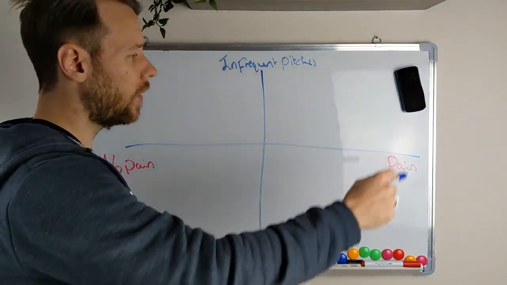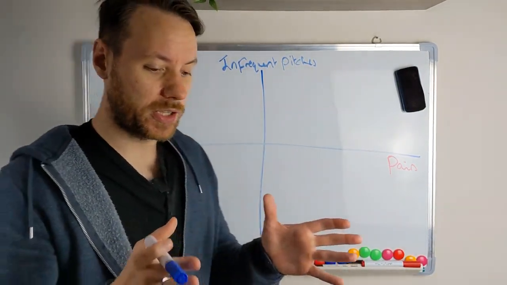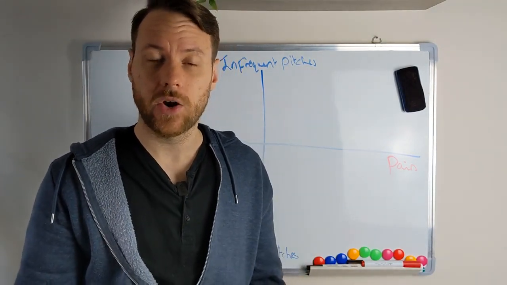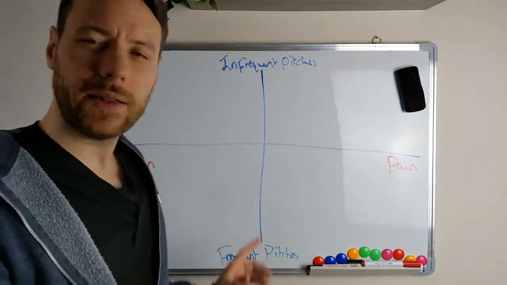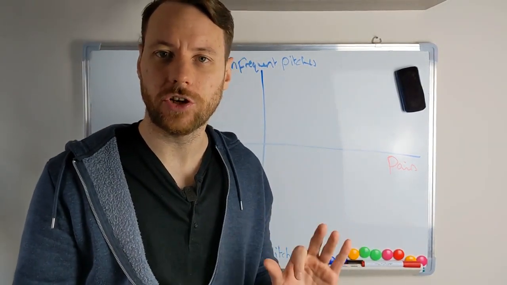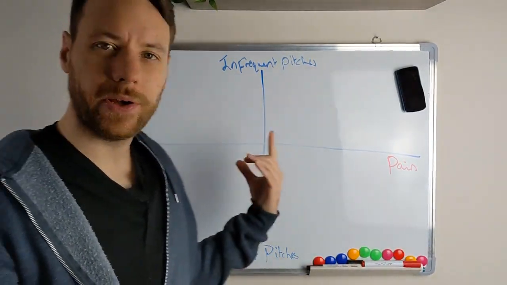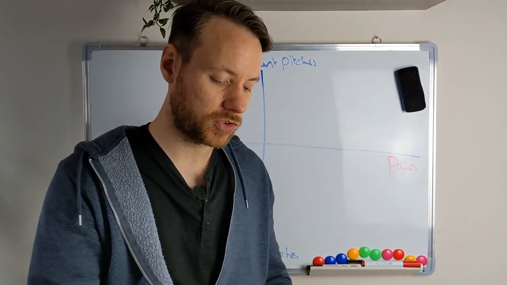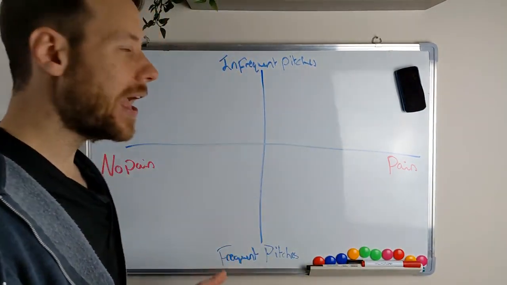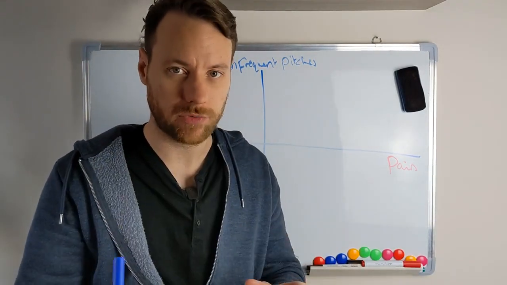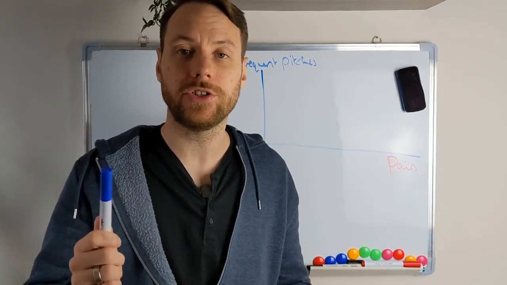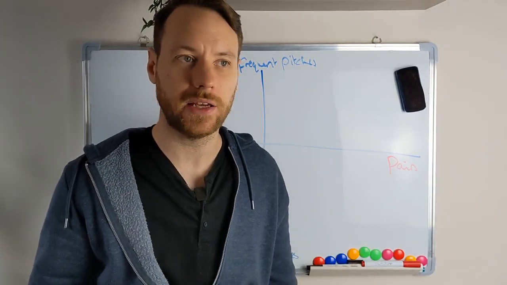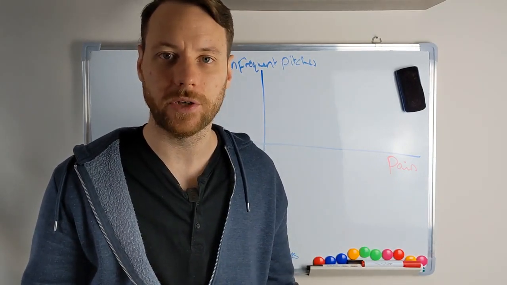So basically, when we are going to speak to our ideal clients on LinkedIn, we should be thinking to ourselves, where do they fall on this chart? Has this person been pitched a lot? For my industry, where I help coaches, consultants, and service providers, they have been pitched a lot. Every single person who's selling something has connected with them on LinkedIn and then sent them a message quickly afterwards.